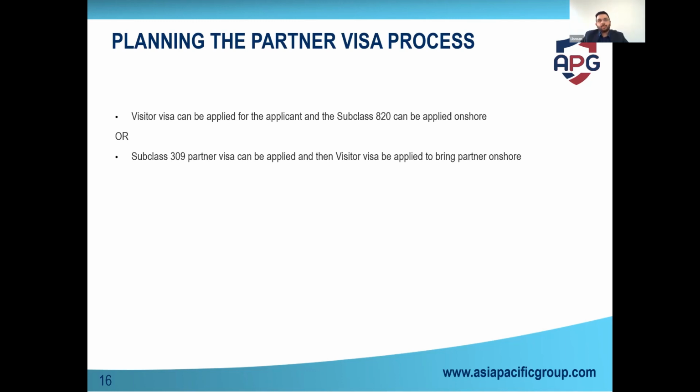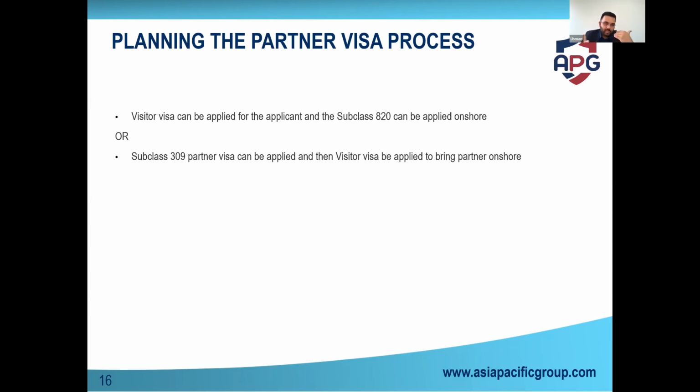So that's where the problem occurs. A lot of times people apply for a visitor visa, they take 2 months, and then they refuse you. Now, when they refuse you, it creates two problems. One, you didn't get the visa, and number two, you have a refusal on your file now. So whenever you apply for the actual partner visa, they will know that you had a refusal. It does not necessarily, but it can potentially affect your file, right?